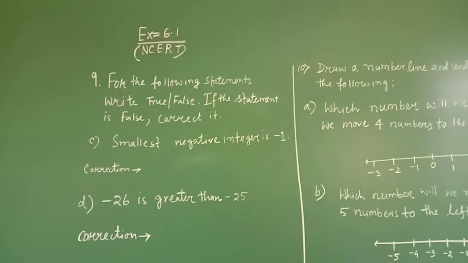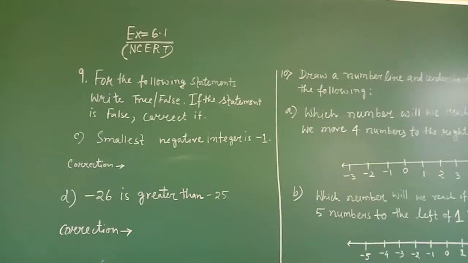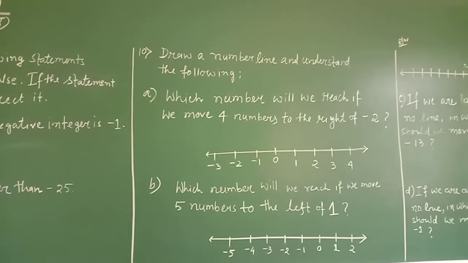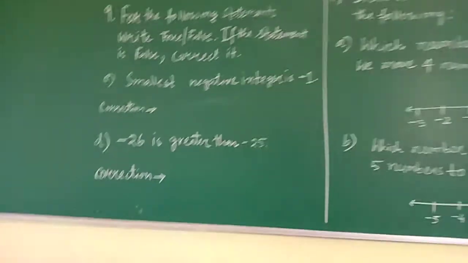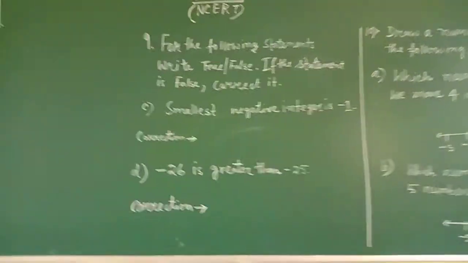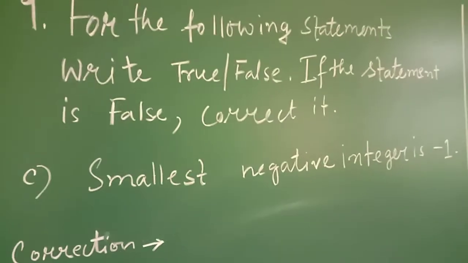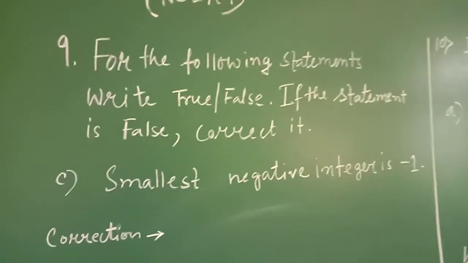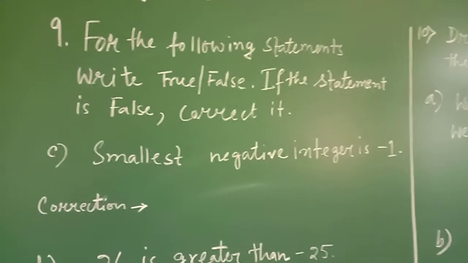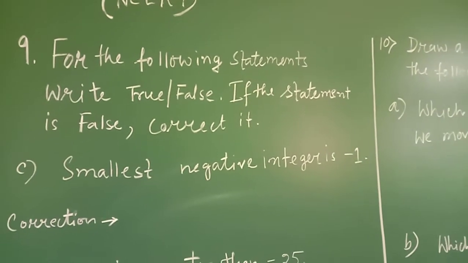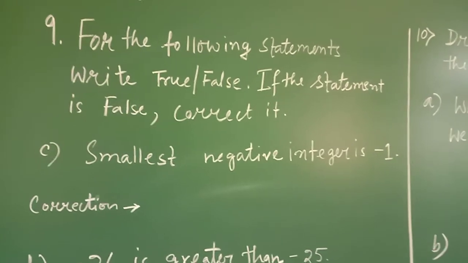Today we will do question number 9, the rest two sums from 6.1, and then we will do question number 10. Okay, now I have seen that you all slowly are very familiar with this number line. Now some questions where you have to use your thinking skill to find out some answers. For the following statements, question number 9, we have already done A and B, now C and D we will do.